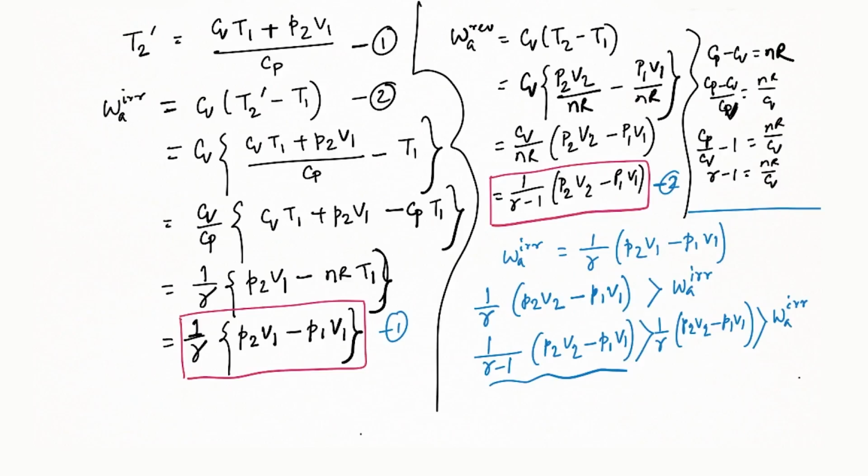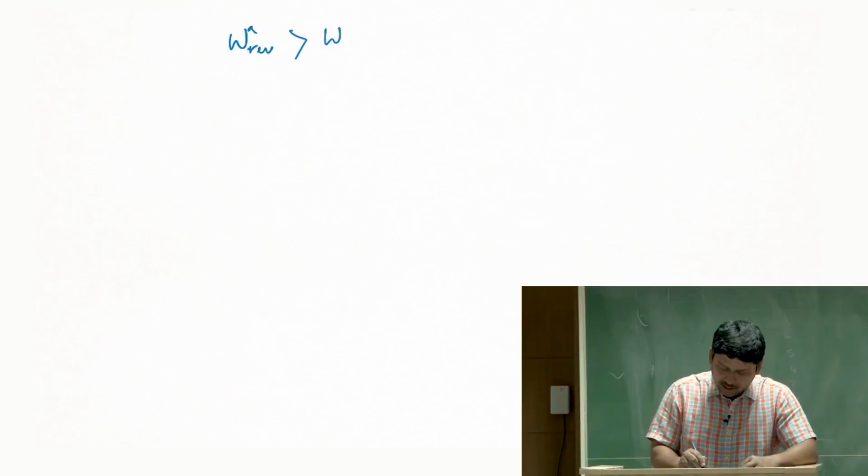Now, compare that with the above expression from equation number 2. This is the same as equation number 2, and so this is the same as the work done in a reversible process. So, the work done in a reversible process is greater than the work done in an irreversible process, given that both processes reach the final pressure, and this is true only for the expansion process. Why? Because we have already assumed that V2 is larger than V1. So, we are only talking about expansion work. Only for expansion work, the adiabatic work done in a reversible process will be greater than the work done in an irreversible process,